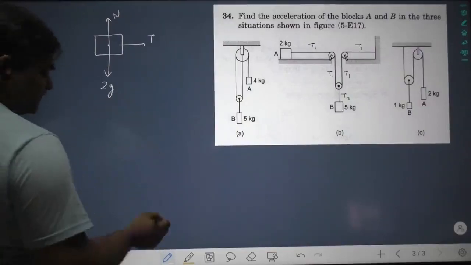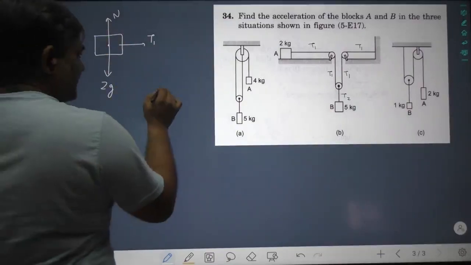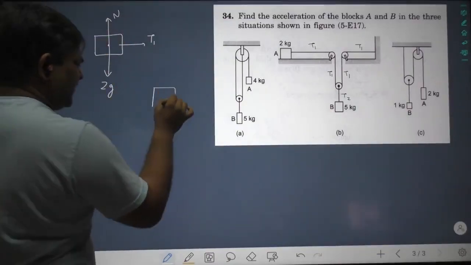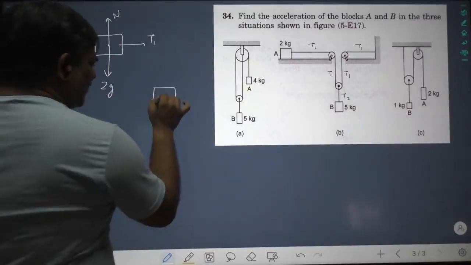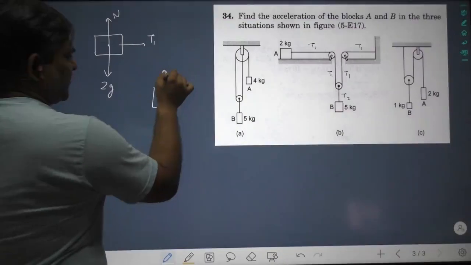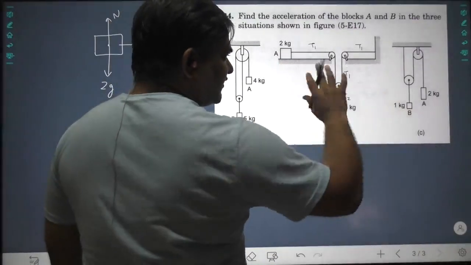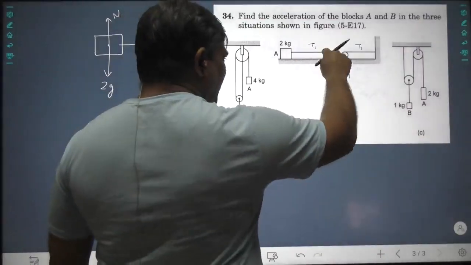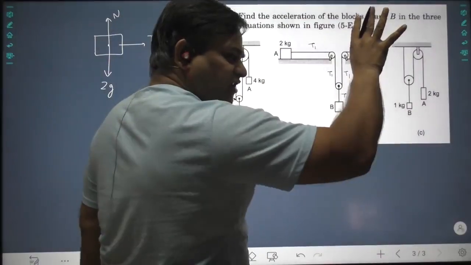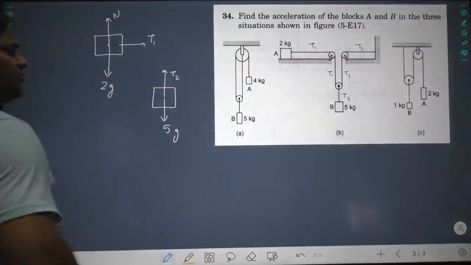Yes, sir. Forces should be right. Then slowly acceleration, don't worry. We are learning, we are not learned. Now 5g and T2 above. Did you take T1, T2? Different strings have different tensions. Along one same string, same tension. Along the string, tension cannot vary. Is this thing clear to you all, students?